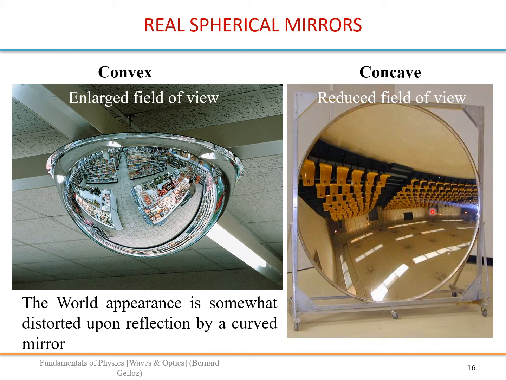So it's a big one. You see, it's put on the floor, so you see some wheels here. And something interesting is happening here. First of all, it's probably a classroom, so you see some seats here, and some stairs, and the roof, the ceiling, and this is the floor, so it is inverted. The image that you see in this mirror is inverted. In the other case it was not inverted, and in both cases you have deformation of reality. It's not exactly like what you see.